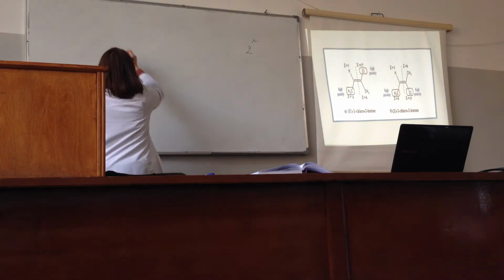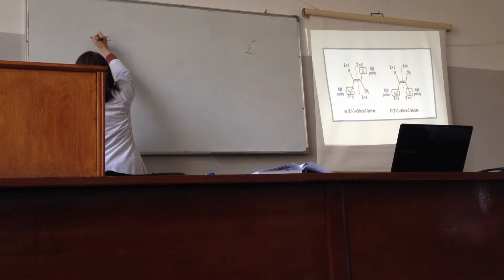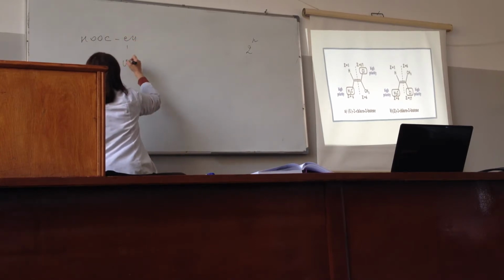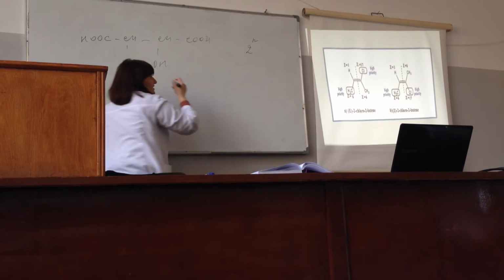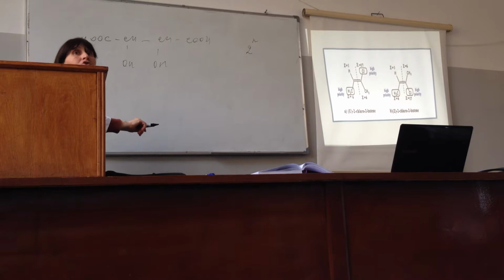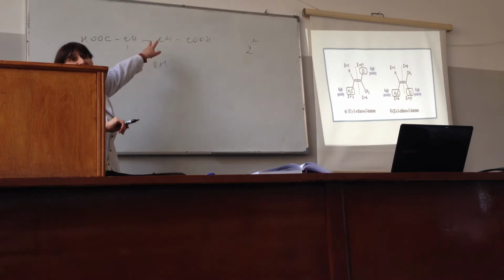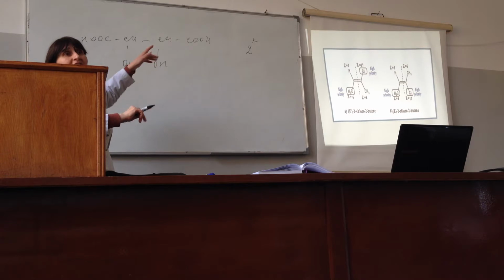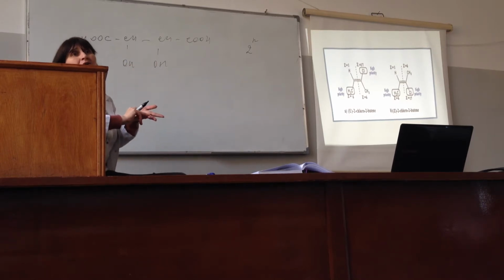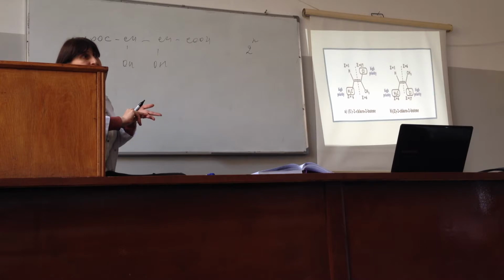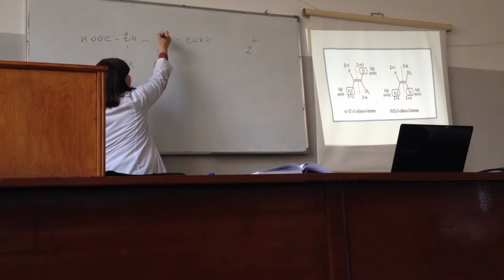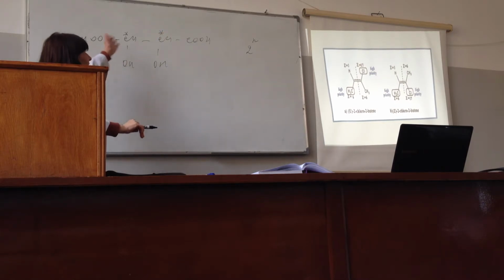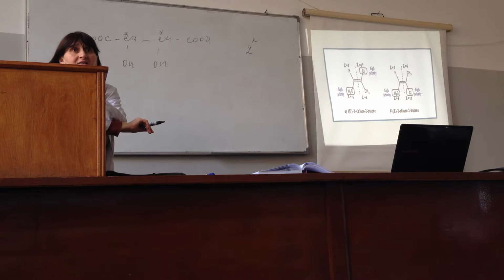Now let's discuss this molecule. COOH, CHOH, CHOH, COOH. Tell me please, how many chiral carbons do you have here? 2. Second and third. This one is tartaric acid. This acid you have in orange juice and in many fruits. This is your chiral carbon and this one is your chiral carbon. So if you have two chiral carbons, this one has 4